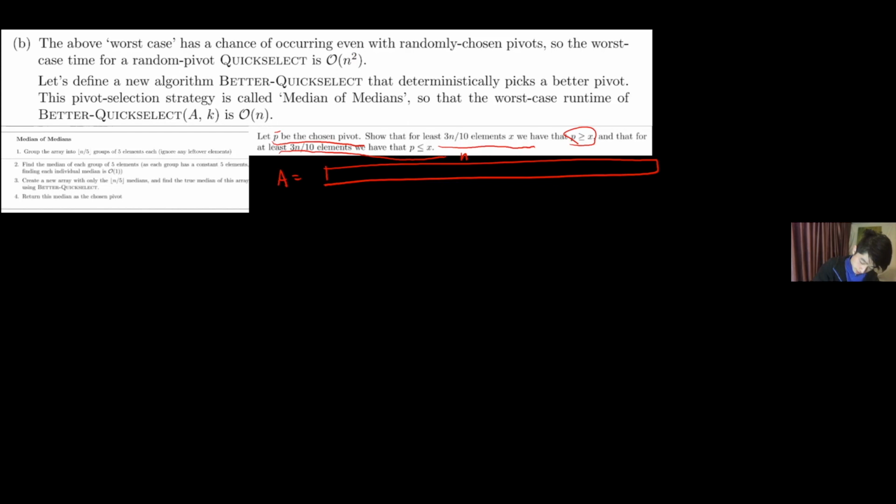And then you're going to have a bunch of small arrays, A2, up to n over 5. We'll have medians, M1. Okay, and then we're going to pick the median of the medians, P. Okay, so now